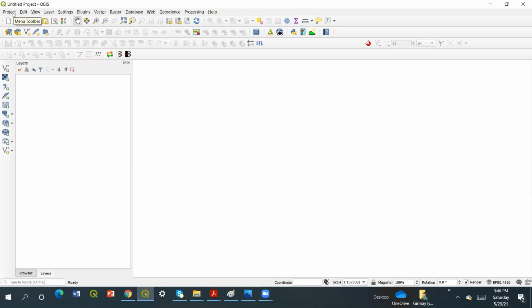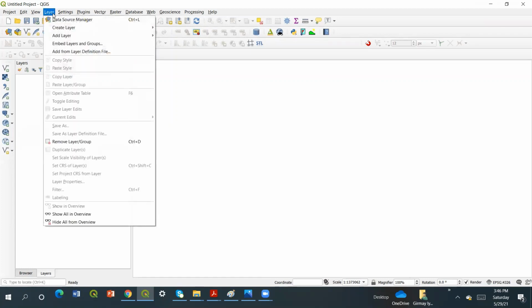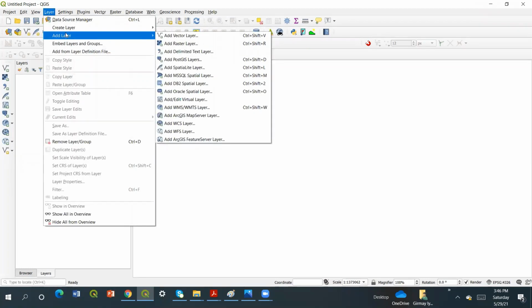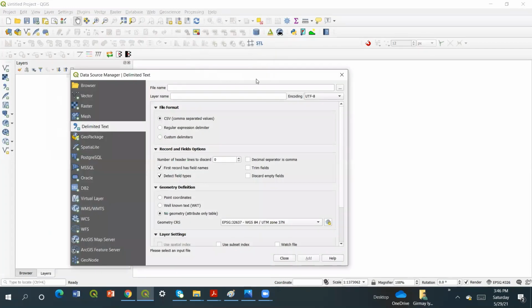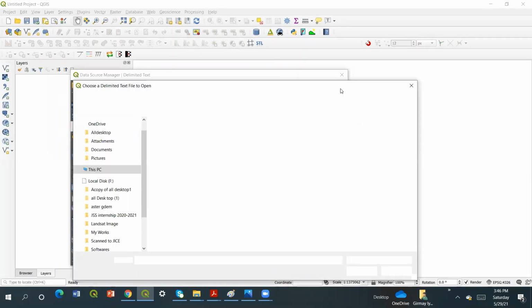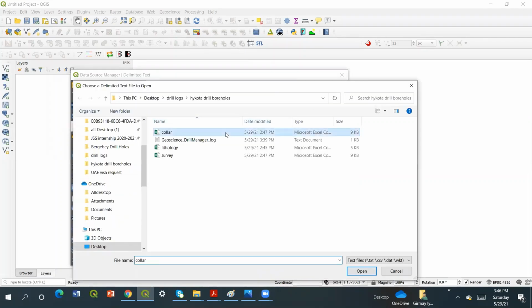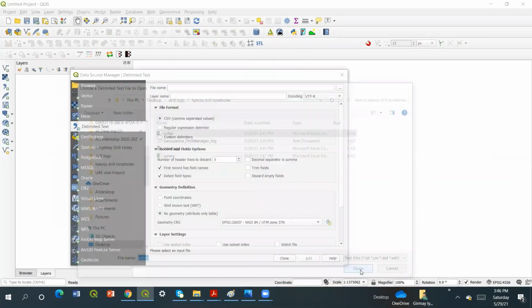In this project, first let's add the layers. In the add layer, these Excel files must be comma delimited. If they are comma delimited, go to add delimited text files, then we go here and select the collars, and after that just open, and